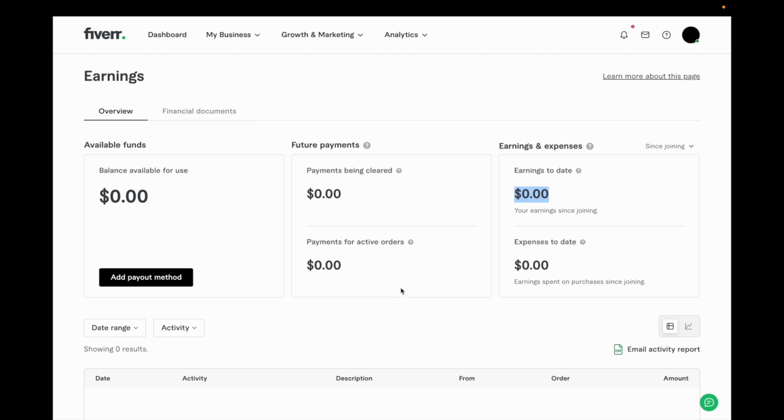So once again, make sure you're on the seller's account, go to the top, My Business, Earnings, and then it'll bring you to the earnings screen right here where you can go ahead and view your earnings. So very simple, very straightforward. That's how to view your earnings as a seller